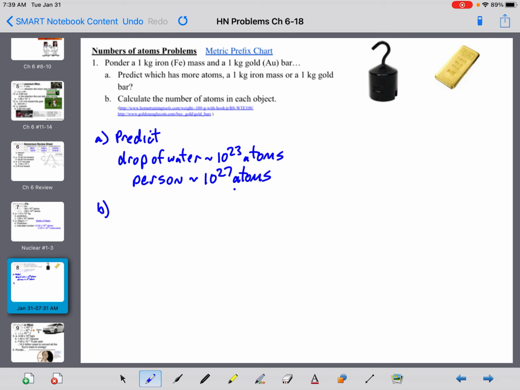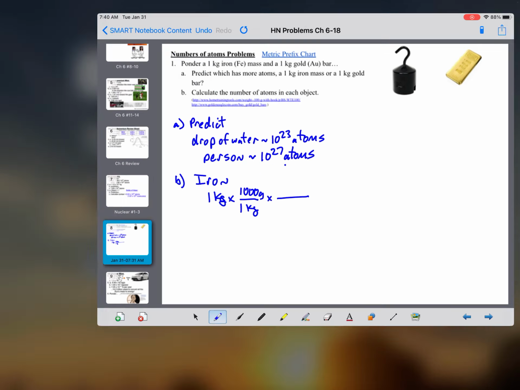Now part B, we want to calculate the number of atoms in each object. So if I start with 1 kilogram of iron, conversion process. So we want to convert to a number of atoms, and we know a connection between the atomic mass of an atom and how many atoms there are. So if I go into grams, 1 kilogram is equivalent to 1,000 grams. Now, if I look up a periodic table, so just Google periodic table,